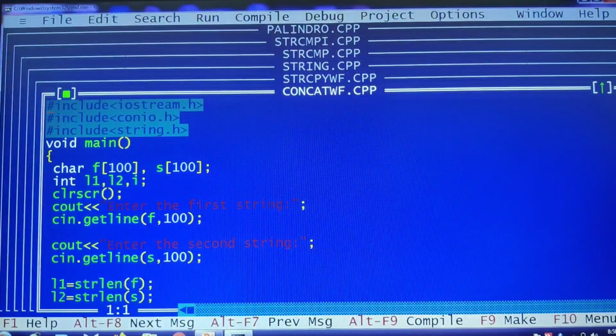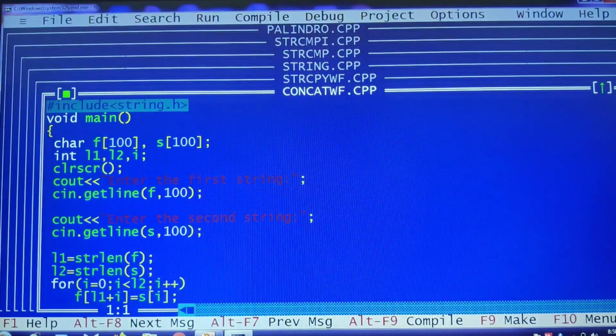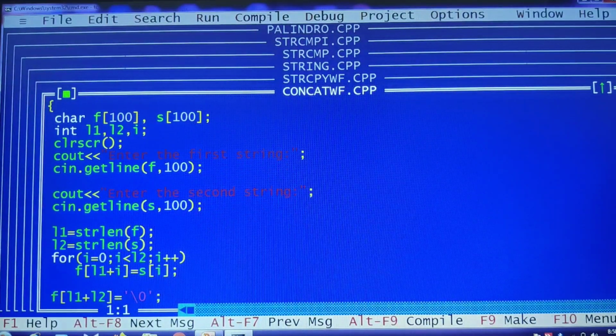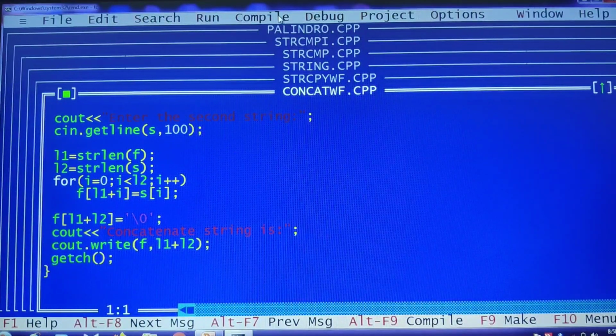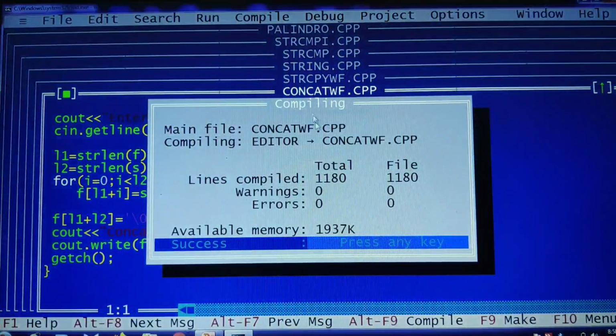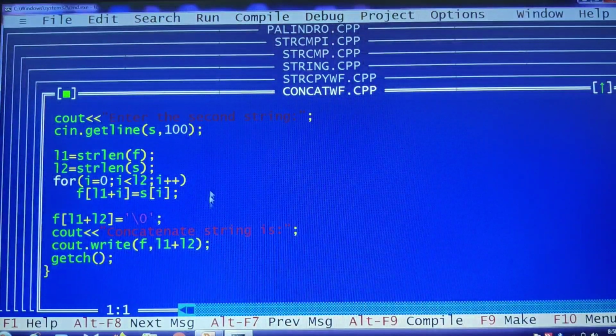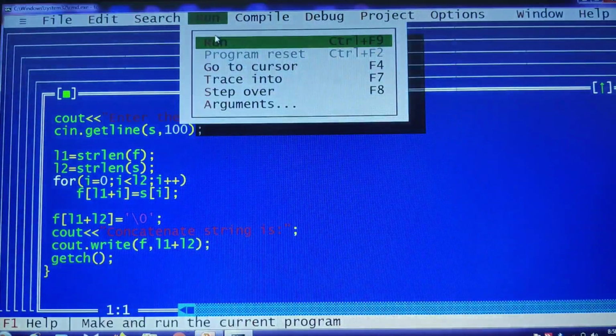Here we have the program, the same program that we have discussed. I hope you are able to see it. Let me compile. Okay. Then let me run the code.